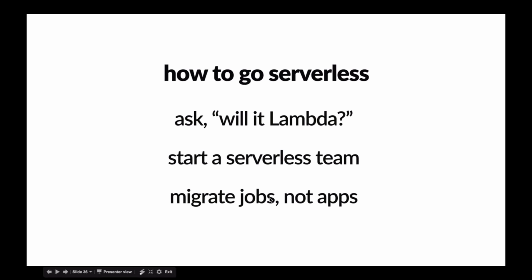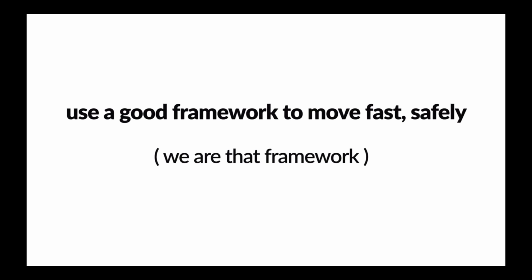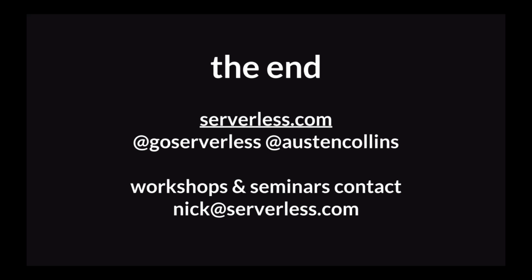And also, when you're thinking about migrations, like how do you migrate stuff over to AWS Lambda to a serverless architecture, just remember that this is inherently a microservice architecture. You don't have to migrate an entire application. All you have to do is migrate a single job. Start with that and incrementally move stuff over and put it in a serverless architecture. And most importantly, use a good framework to move fast. Serverless architectures are all about moving fast. Doing stuff quickly via microservices, continuous deployment, and a lot of local autonomy. And you're going to need a good framework to help guide you and make sure that you do all that safely. We are that framework.